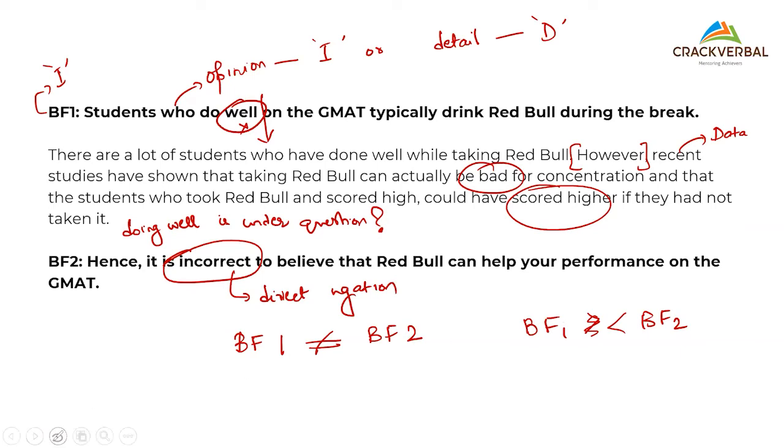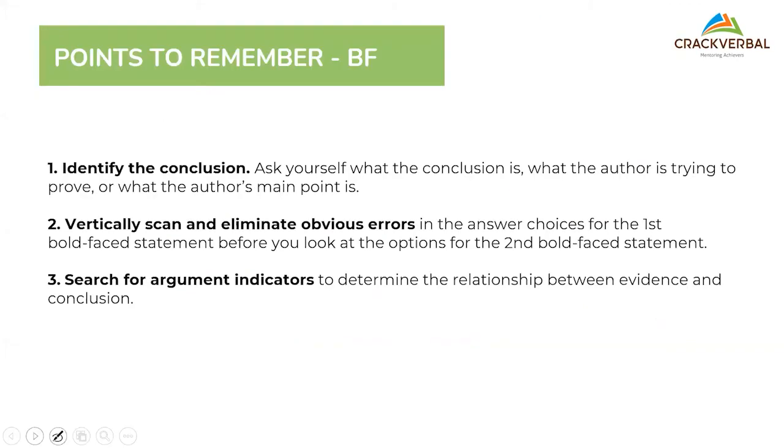So I cannot call it a contrast. BF1 is not equal to BF2, and definitely my BF2 is the final conclusion. And this would be like an intermediate one, right? So there are all of these, they're counter ones. So both are working counter to each other. Can we move to the next? Clear? Let's move to the next.